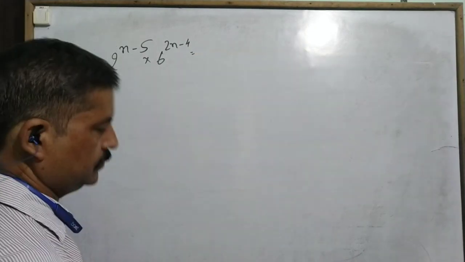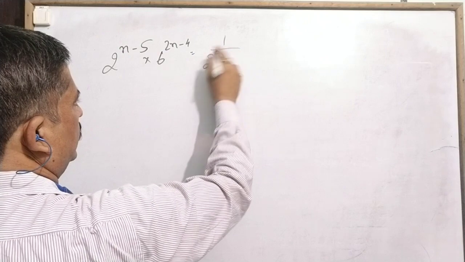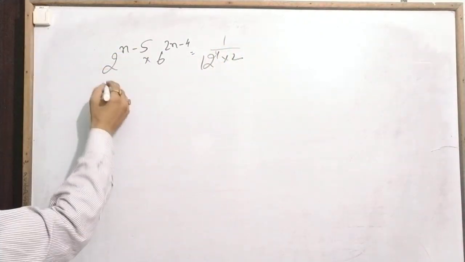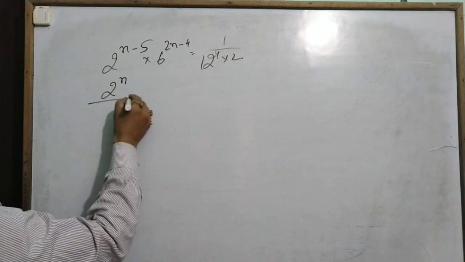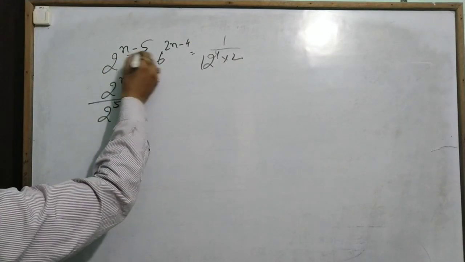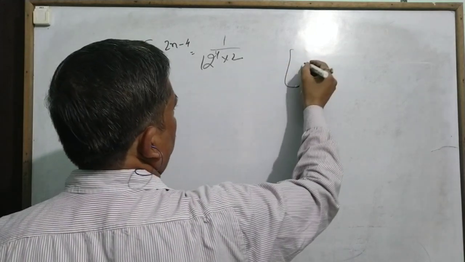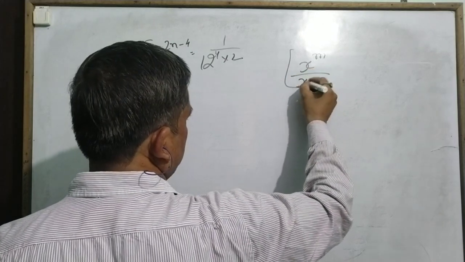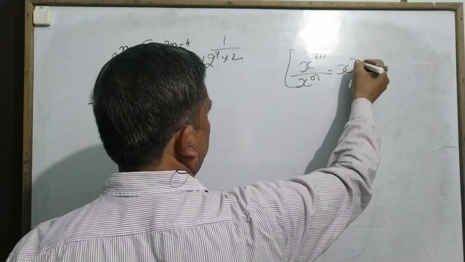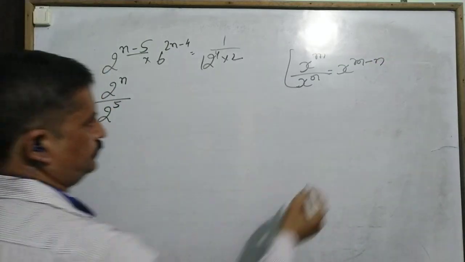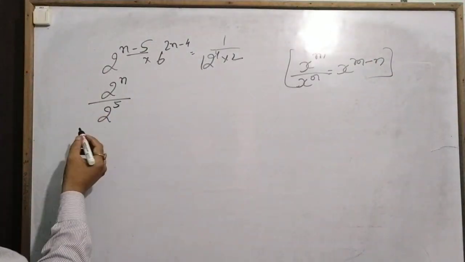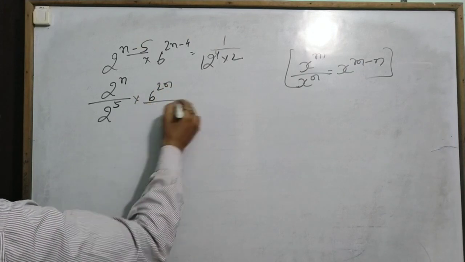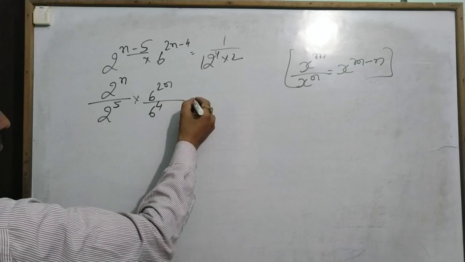So you change: 2 to the power n divided by 2 to the power 5, because if x to the power m divided by x to the power n equals x to the power m minus n. So that formula is used here. And 6 to the power 2n divided by 6 to the power 4 is equal to 1 by